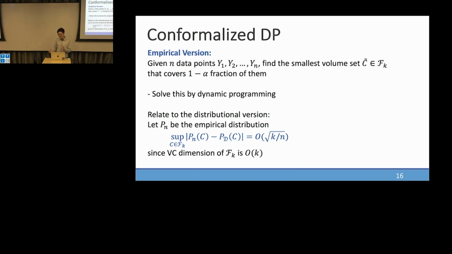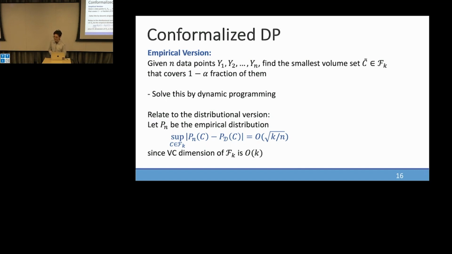Very close is in terms of the sets inside the family. So the distance between these two will be very close. However, if we directly use this to go back to the distributional setting, we will require the number of samples n to be large enough to get the coverage. But the conformal prediction